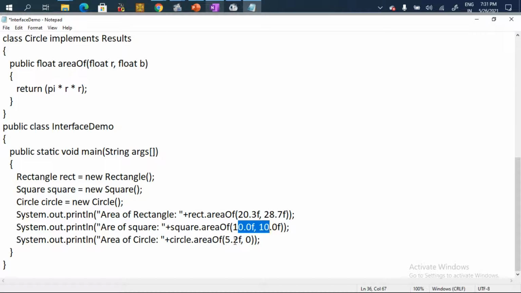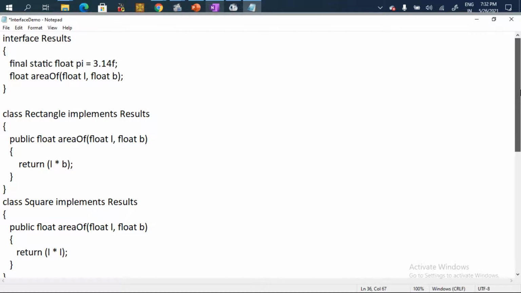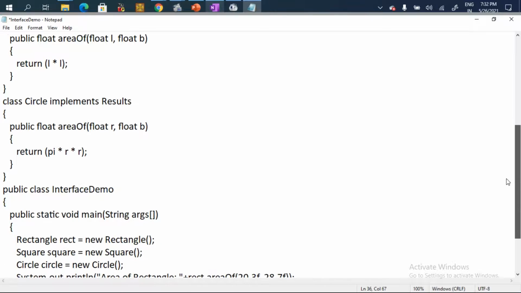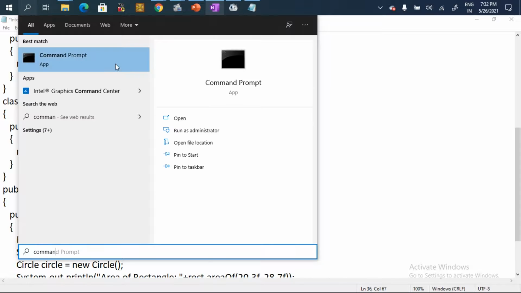And for the circle, I have simply taken the value 1, that is r, and I have used this r in the pi r square function. So this is a simple program where I have used an interface and implemented the interface using a class.